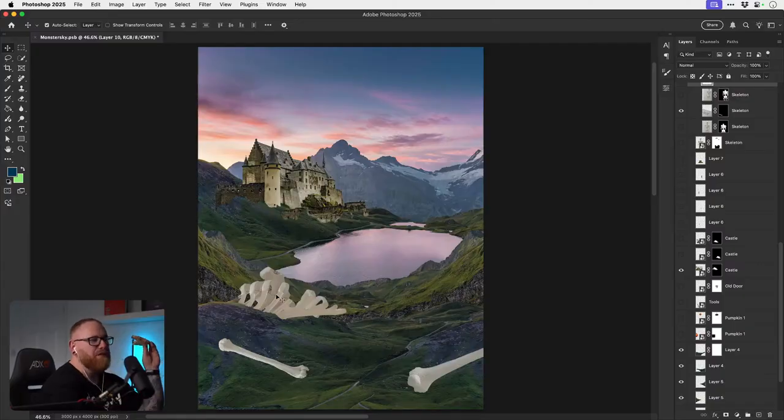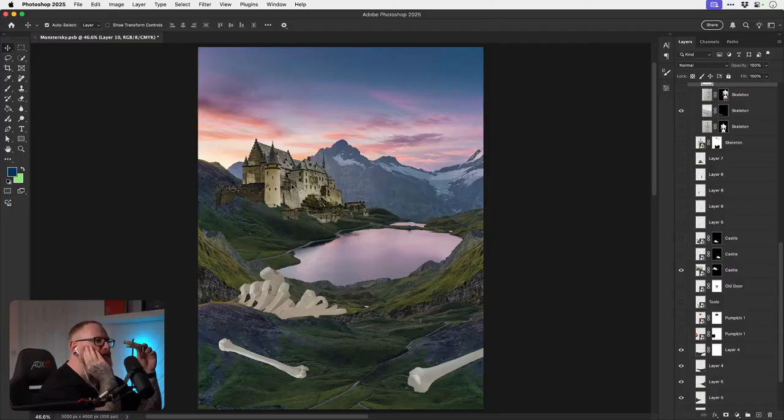I do like the ribs and the bones, the idea of the bones in the landscape. I could try and bury the skeleton and then use the texture from the hillside and blend that over the bones to make it look like they're mossy and rocky. But there isn't a focal point. The castle's going to be set back a bit more.